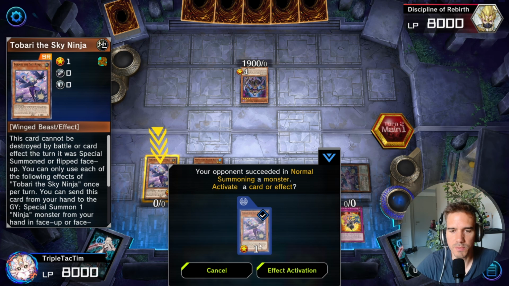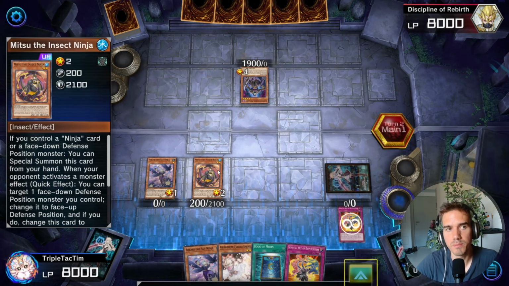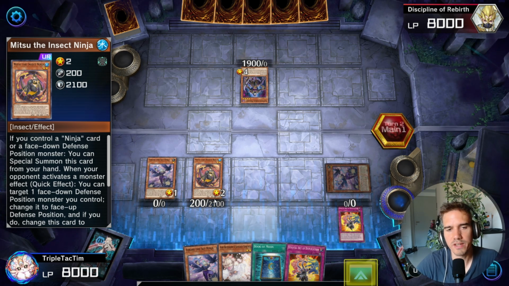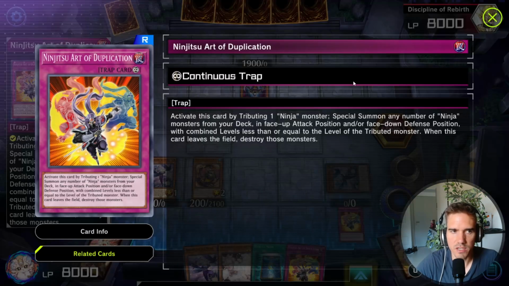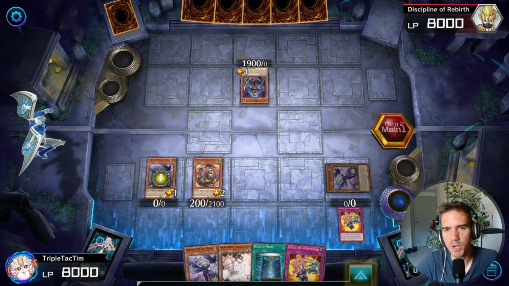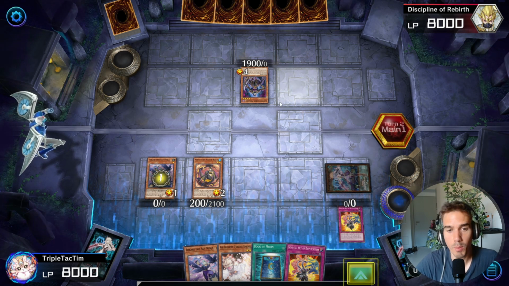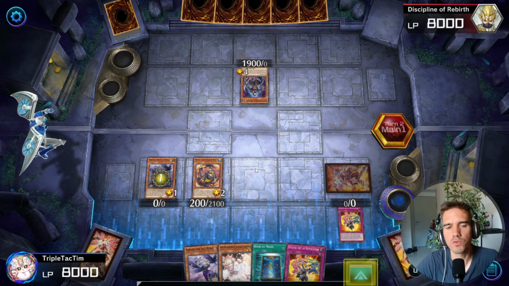If we fusion summon now, which we will do now, then we will use the monster negate of the Mitsu, the Insect Ninja. So you could also just wait for your opponent to make a play in main phase, then activate the Ninjutsu Art of Duplication, not in the draw phase, so you are better aware of what your opponent plays. So if I see, for example, that my opponent plays, I don't know, Nimble Beaver, then I know he's probably going for Sprite,